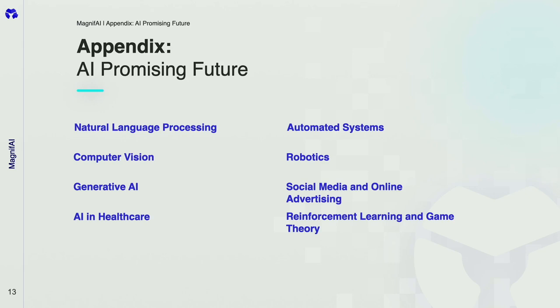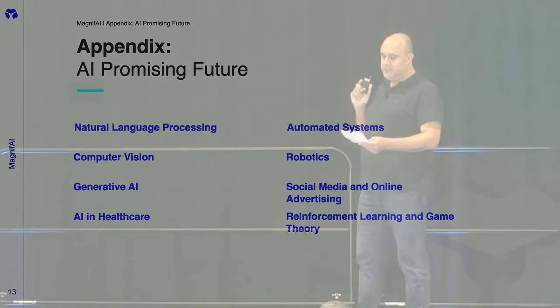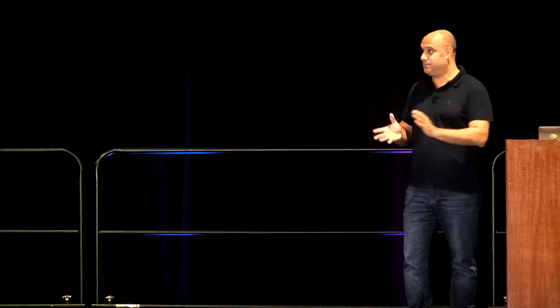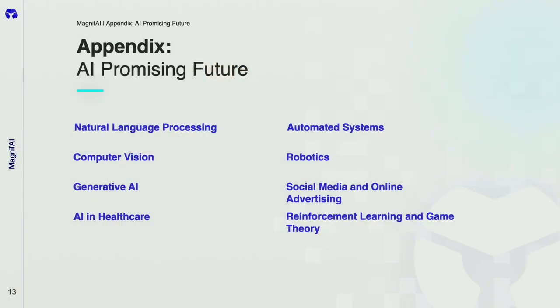Around social media, we can expect to have more personalized content and more personalized messaging. And in terms of reinforcement learning and game theory, we will have more intelligent decision-making systems that will, for sure, help us in business and finance. I think that will be democratizing the way we can use money, because decision-making will be easier with these advances in reinforcement learning and game theory. That is basically all. So now I am open to any question that you may have.